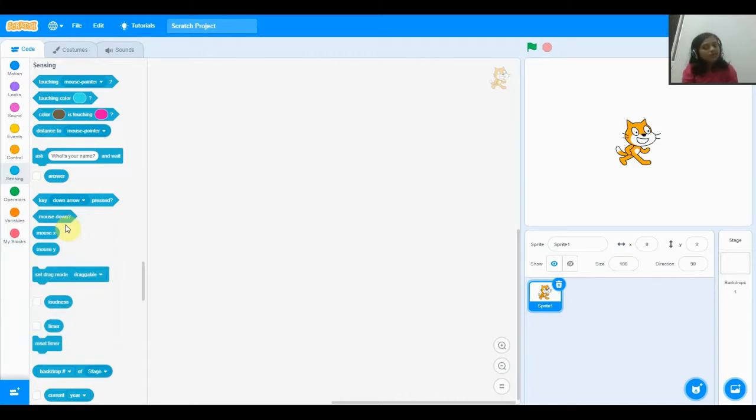So it's according to what you program. And then you have mouse down, mouse X, and mouse Y. X is the sleeping position, and Y is the standing. Vertical and horizontal is like that.